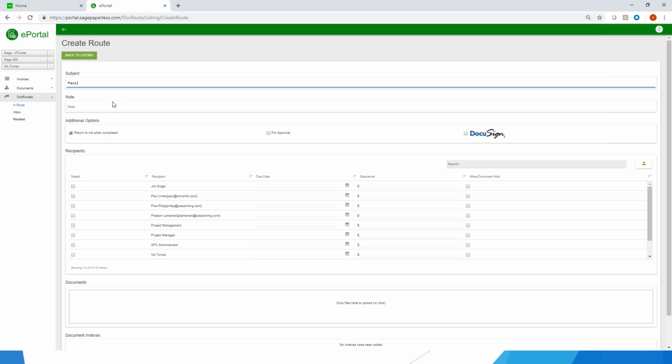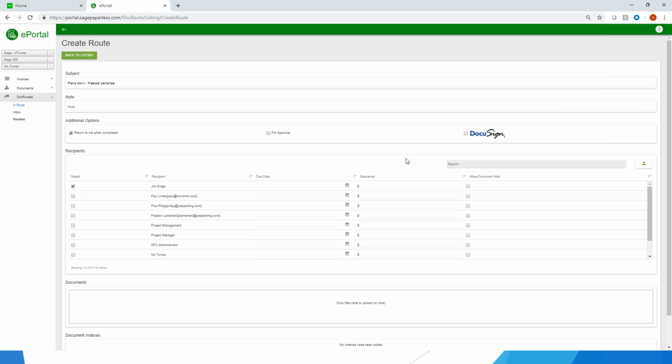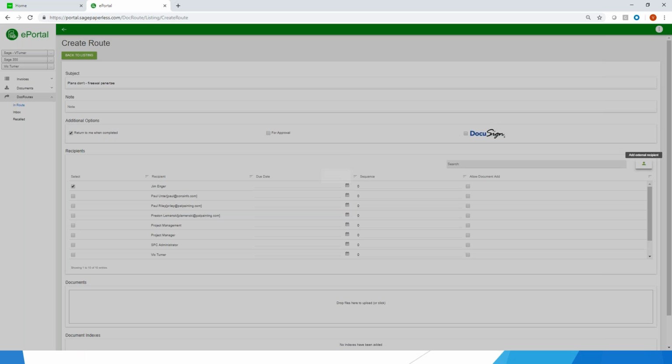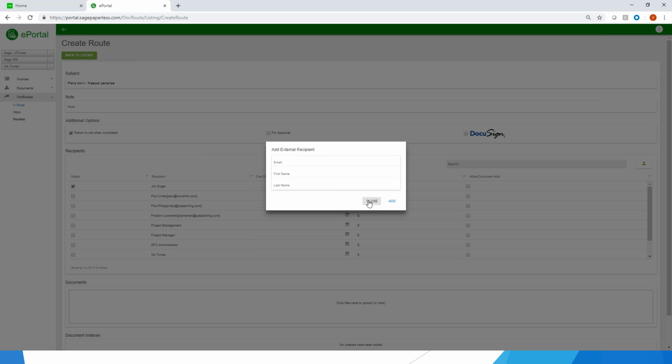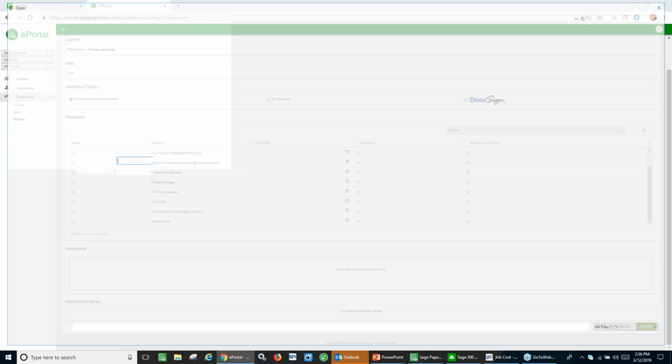I want to send that to somebody, so I can actually create a new document. Plans don't match. Maybe they're asking me to penetrate a firewall. Firewall penetration. And I can take a picture of that. I put notes in here. I can check off who it is. If they're not somebody I've sent it to before, I can put in their email address. I can then pull that document into my